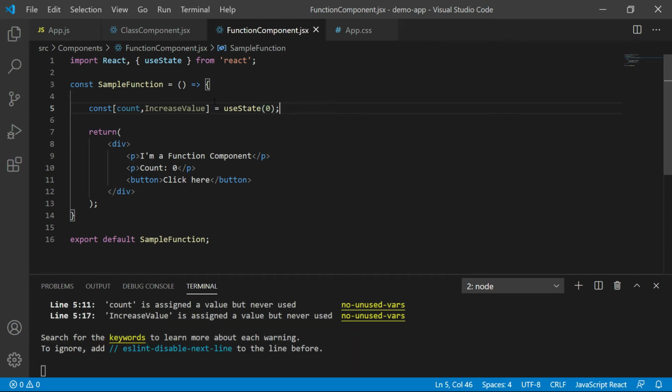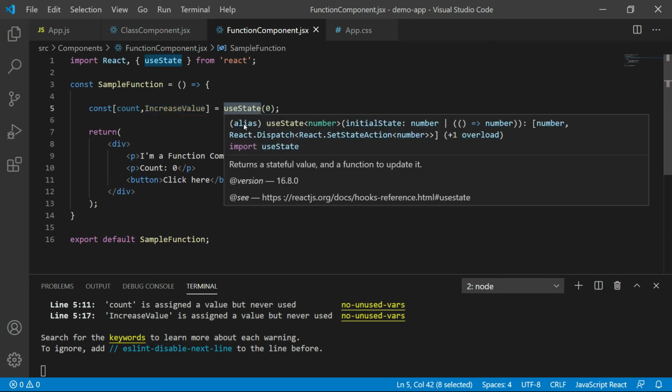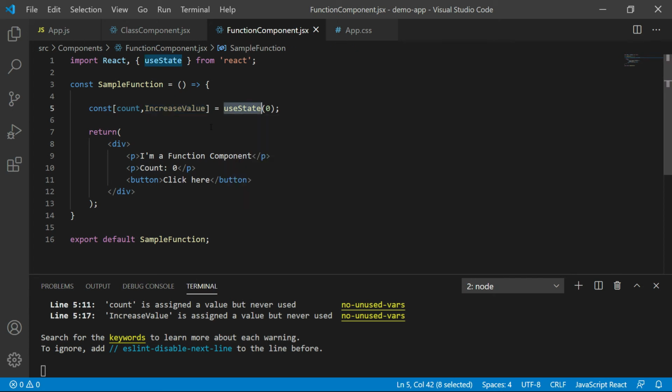Okay, here you can see useState is imported from React package. The syntax is slightly different. Here we have declared one variable with constant keyword, and in square bracket we have declared one variable to store the count and one function variable to increase that count. And this is the inbuilt method of React hooks which we have used to initialize that variable. And this is the initial value which we have set. So instead of here hardcode 0, let's write here that variable.